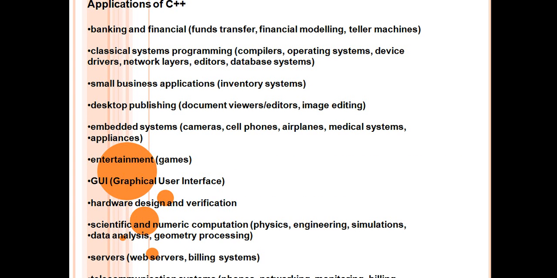Applications of C++: banking and financial, funds transfer, financial modeling, teller machines, classical systems programming, compilers, operating systems, device drivers, network layers, editors, database systems, small business applications, inventory systems, desktop publishing, document viewers, editors, embedded systems, cameras, cell phones, airplanes, medical systems, appliances, entertainment, games,